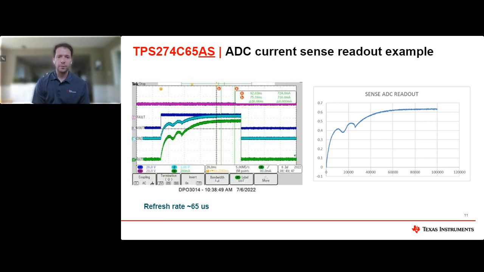So really what that helps you to do is provide predictive maintenance, or provide some diagnostics back to the system. In the past, you would turn on the high side switch and maybe you wouldn't know if you've actually turned on the load correctly or not. This provides you that feedback that says, yes, the high side switch is on and it is drawing 500 milliamps or whatever it may be.